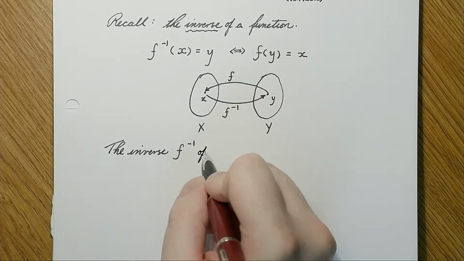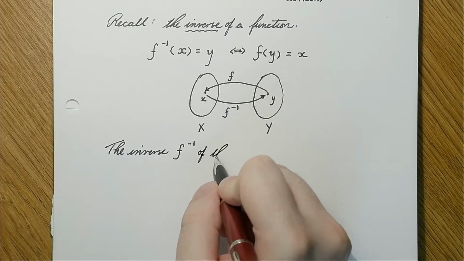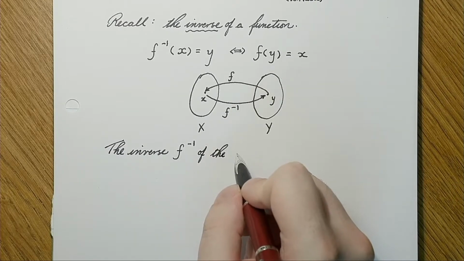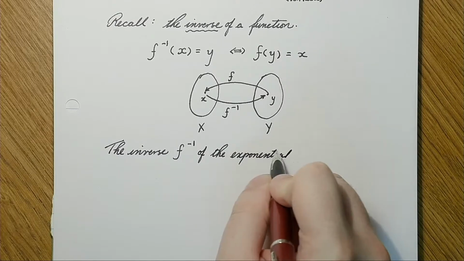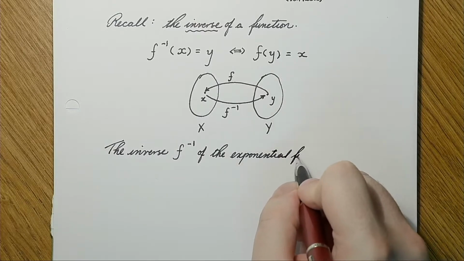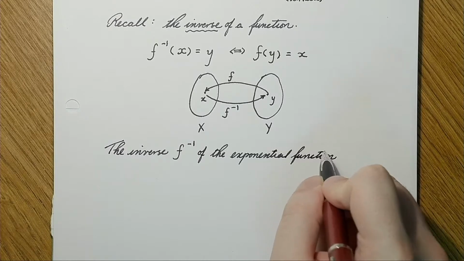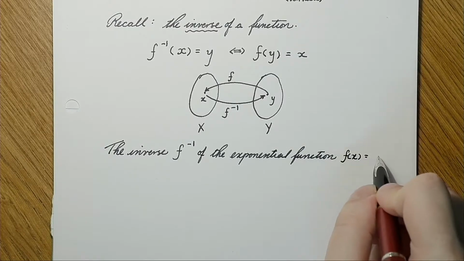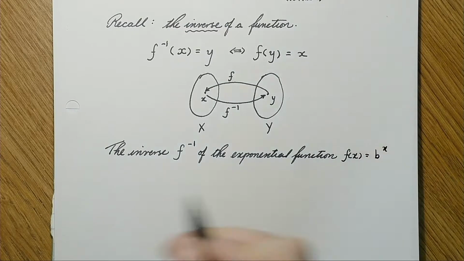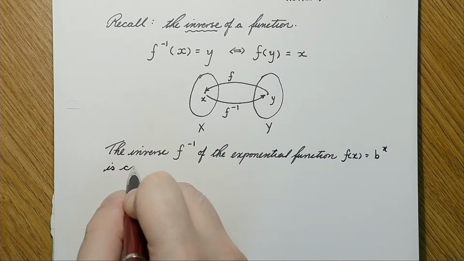So the inverse of the exponential function, and we use the function f of x, b of x, is called